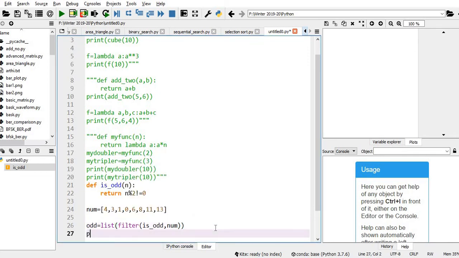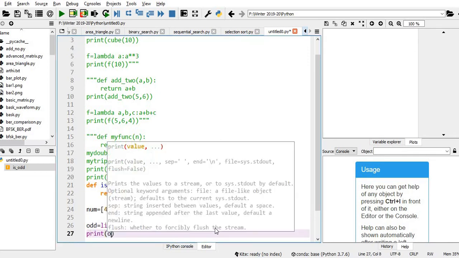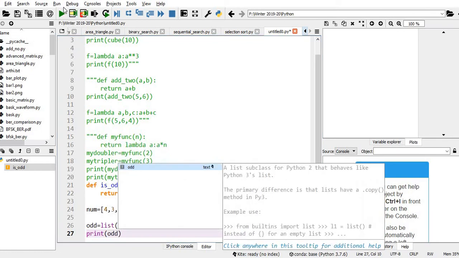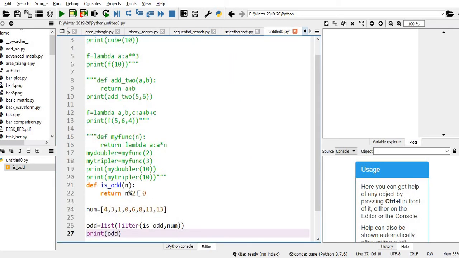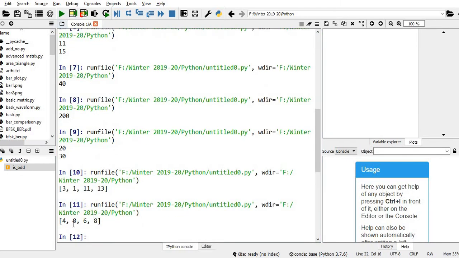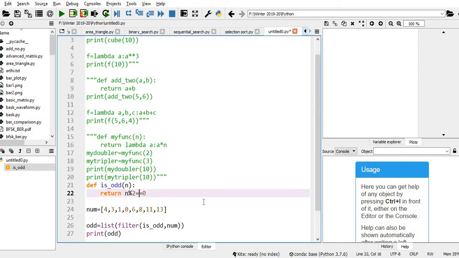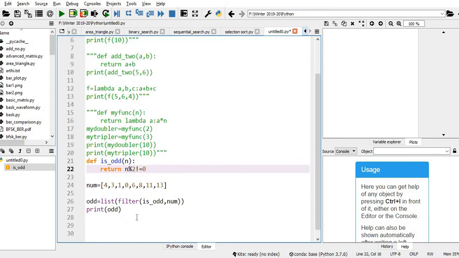So if I print this odd, I need to get only the odd numbers. Let me try. Yeah, I'm getting only the odd numbers: 3, 1, 11, 13. If instead of not equal to I put double equal to, it should return only the even numbers. Yeah, it is returning the even numbers. This is working well. So this is the use of the filter command.